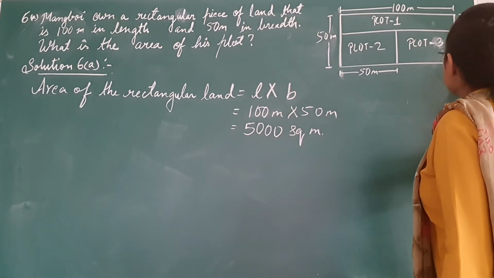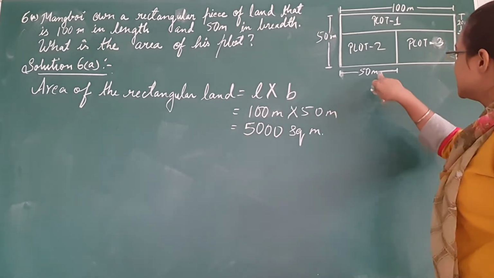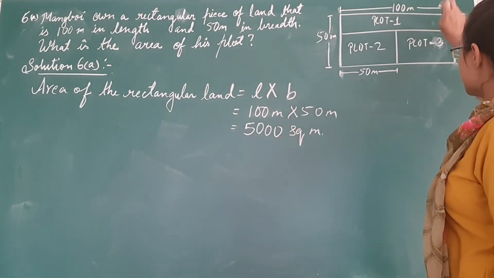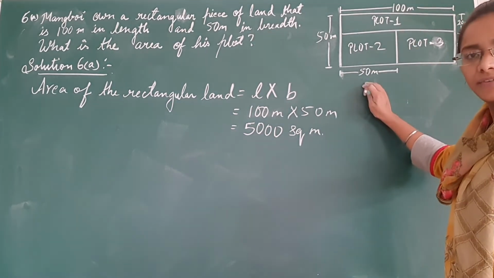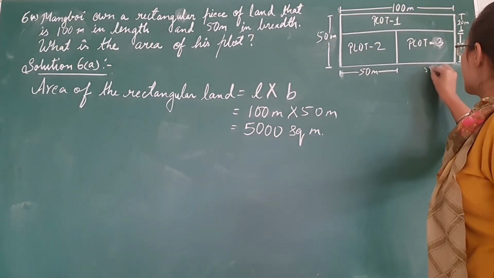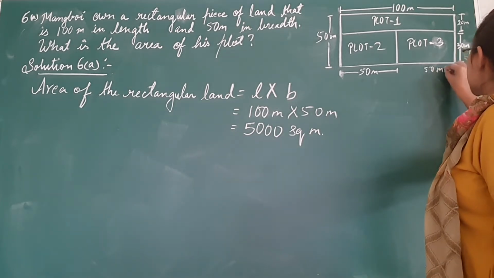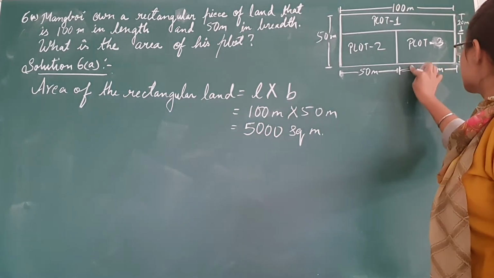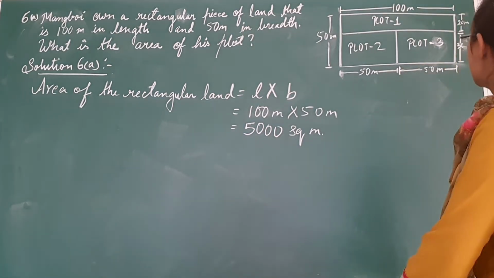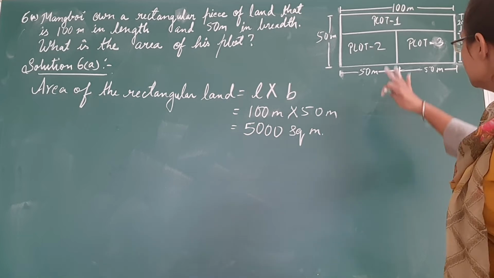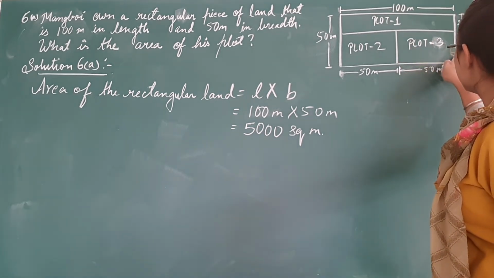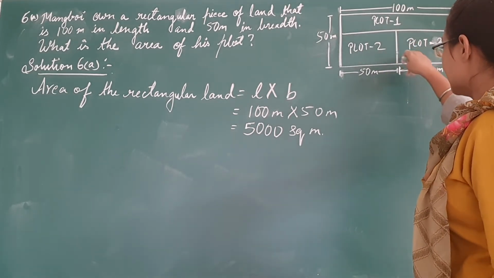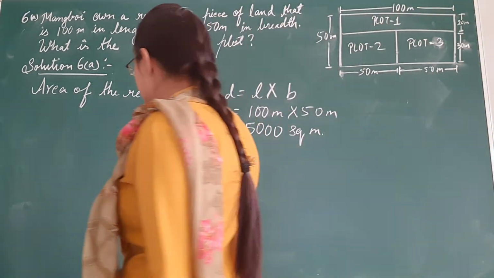Okay. So now we have taken out this one. Here it is written 50 meter. The length of this rectangle is 100 meters, and 50 is half of it. That means this plot will also have 50 meter length here. So this side also we have taken out the dimension. What else is left? Now we know all the plots here. If this is 30, that means this is also 30, as this is a middle line of it.